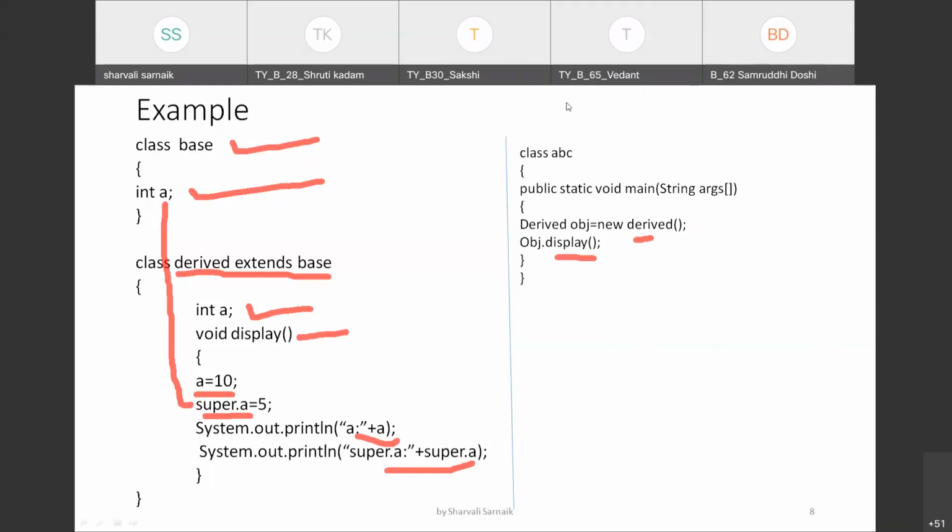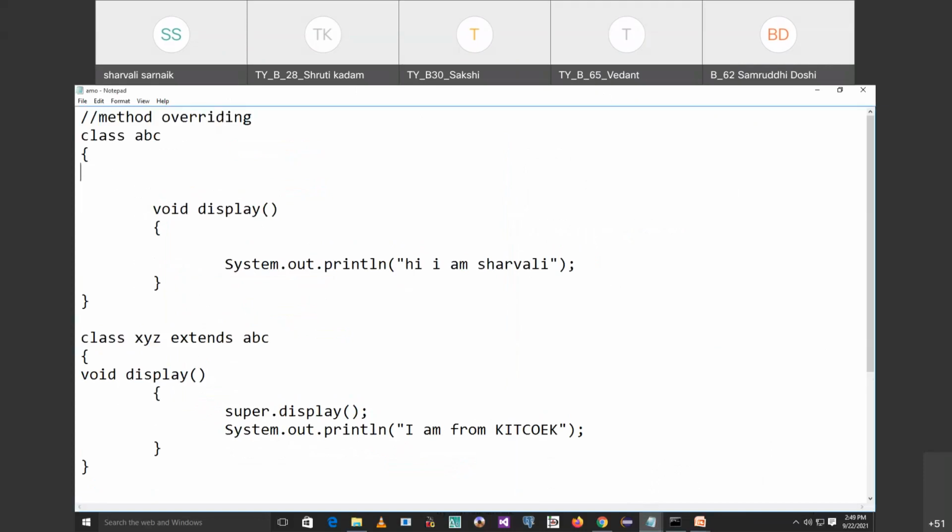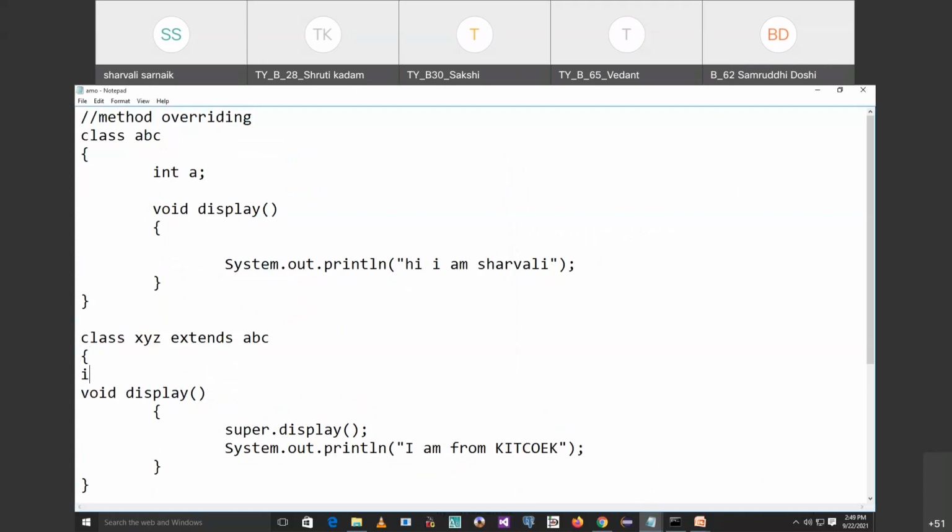Let me show you with an example also. Now see, in this class A, I am taking one variable int a. And in class XYZ, I am taking one variable int a. So now you will see that int a is in class ABC and int a is also in class XYZ.